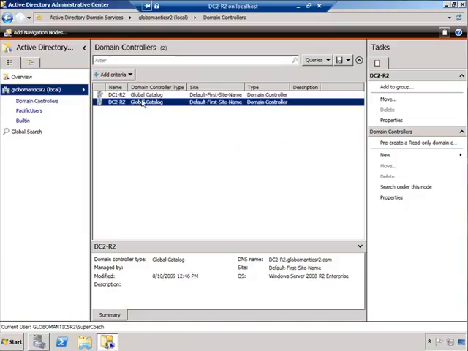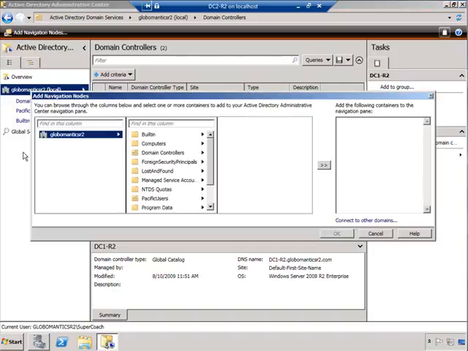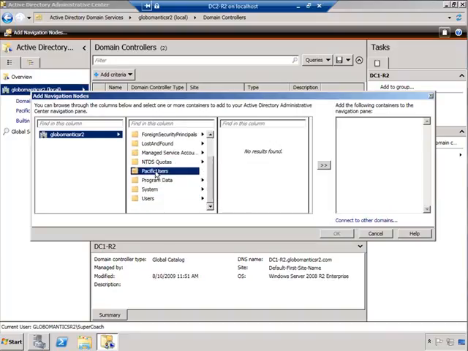And you'll see here that I do have 2 domain controllers running in this particular domain. But if I want to create a shortcut to an organizational unit that I might access early and often, well, up here you see this Add Navigation nodes. Now, this Add Navigational pane over to the side here, all I'm really doing is just creating a shortcut. Let's say that I'm going to use Pacific Users a lot, and I want